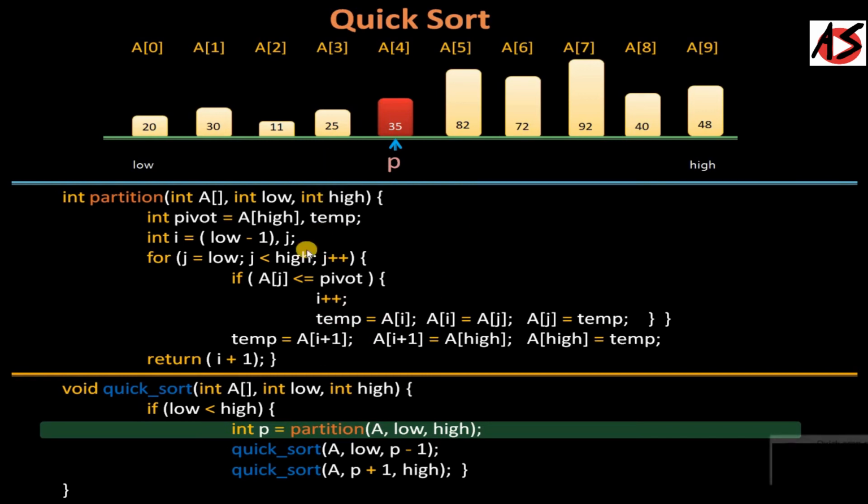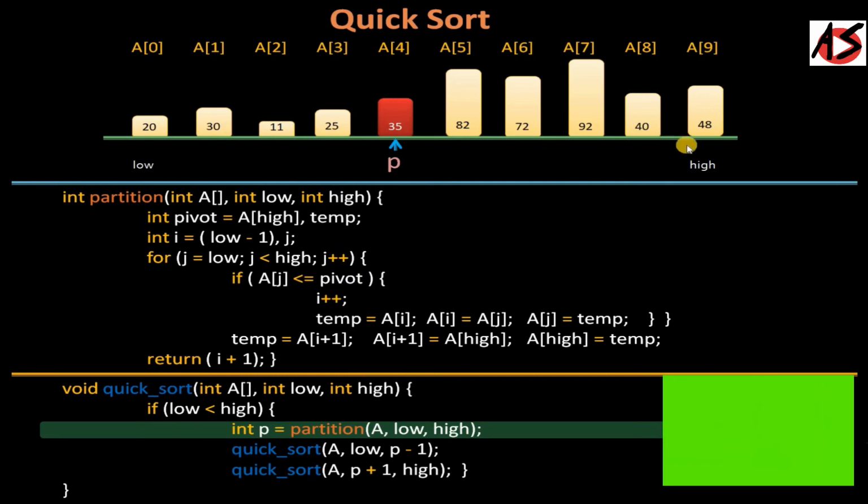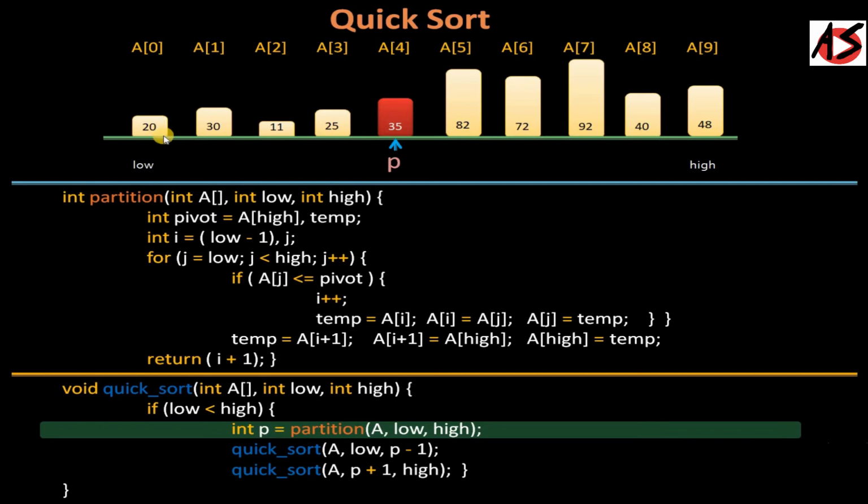So if you are talking about the time complexity of the quicksort algorithm, if your list is entirely in reverse order, that means your smallest element is at the end of the list. You are taking that element every time as the pivot element. In partition, you are running the loop from low to high. After completion of the partition function, you will get your smallest element at the first position, and then in the recursive call, you are getting the list from the first index to the 9th index.